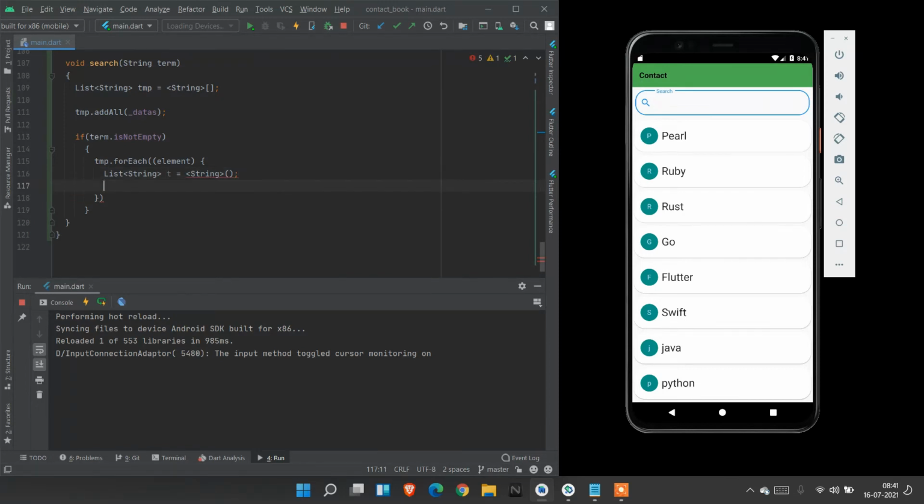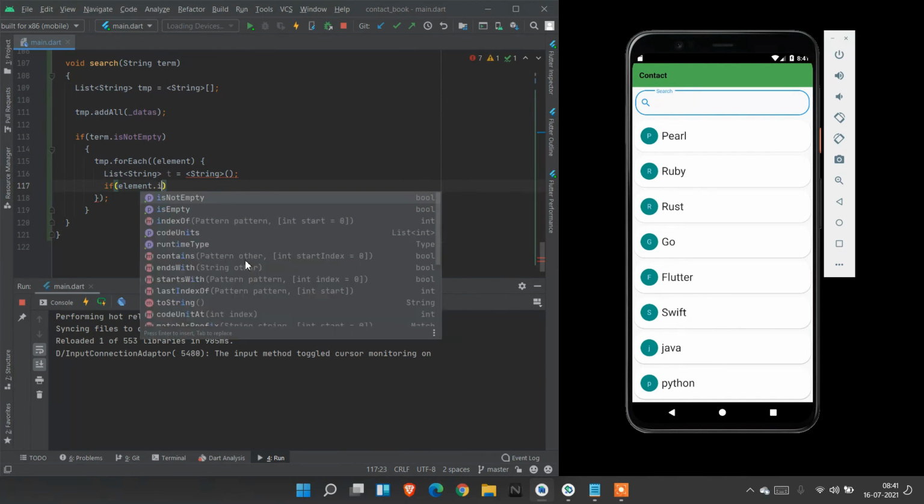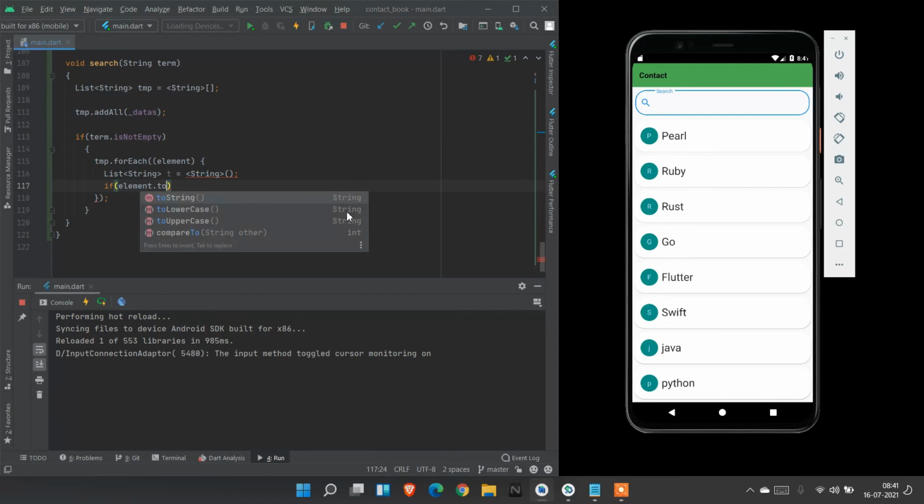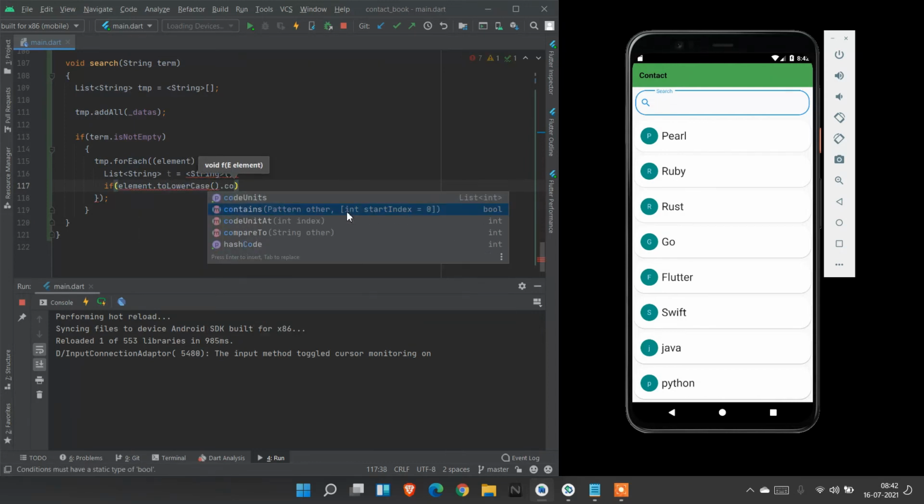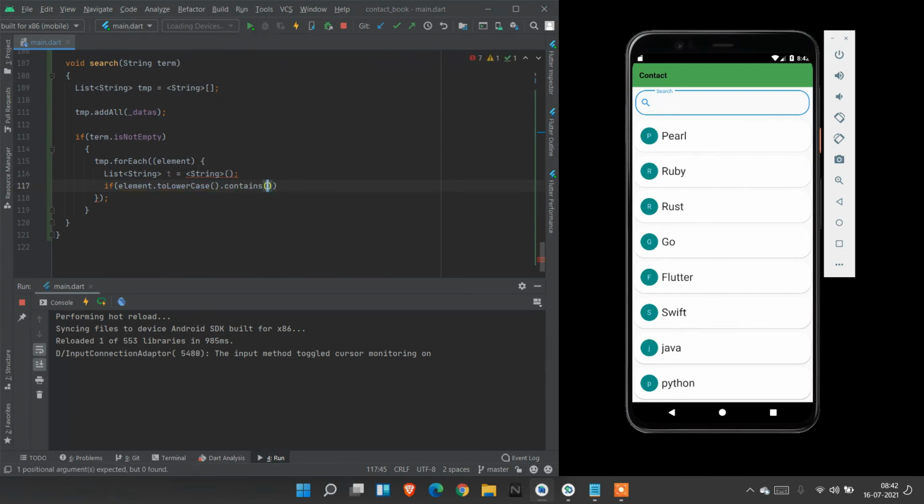Our new list name is T. If that element was found, if element dot toLowerCase dot contains the search term, here it will look like this.